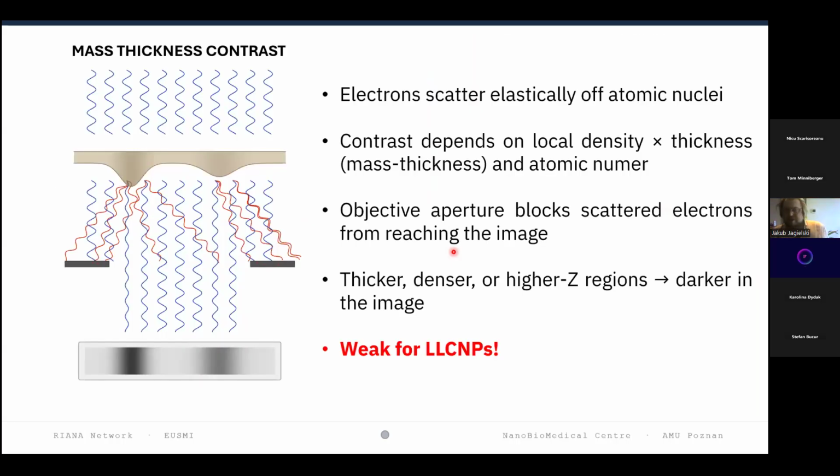In transmission electron microscopy, image contrast can arise through several distinct mechanisms. The first is the mass thickness contrast, where electrons undergo elastic scattering from atomic nuclei, and the scattering cross-section depends on local mass density, specimen thickness, and, most importantly, atomic number. An objective aperture in the back focal plane blocks the scattered electrons, so thicker, denser regions with higher atomic number transmit fewer electrons and appear darker in our image. However,